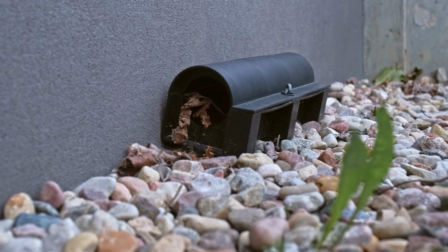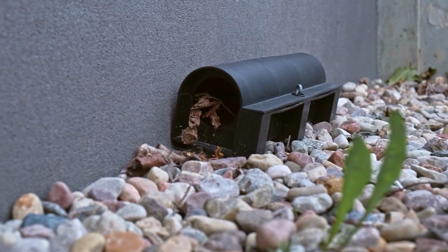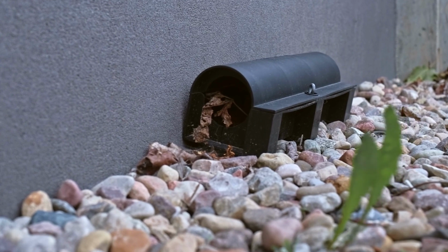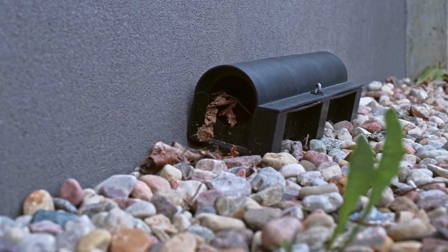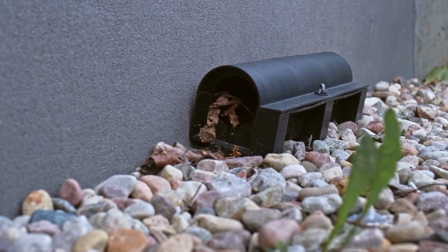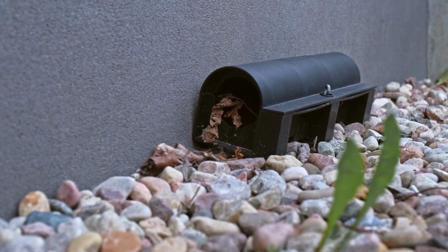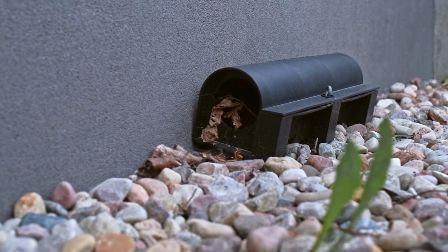Some of the methods your pest control company should be using are bait stations, specifically tamper-resistant stations. The reason they're tamper-resistant is because we want to protect children that are in the area and pets. So the pest control company comes there, they put the bait in the tamper-resistant station, and then they have a key that they lock the bait station with, so that no children or pets can get it